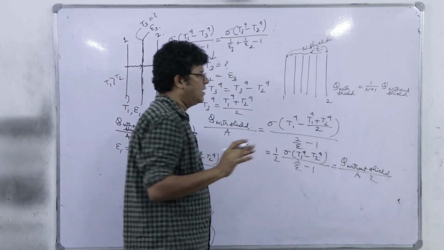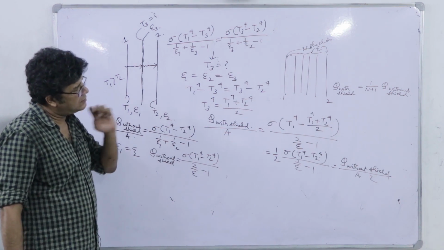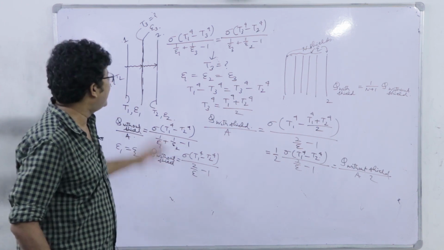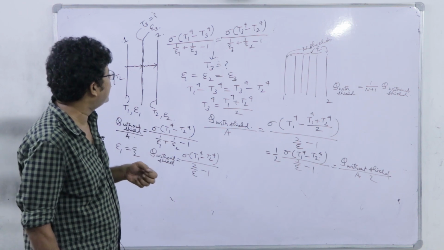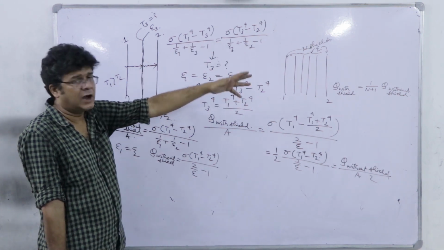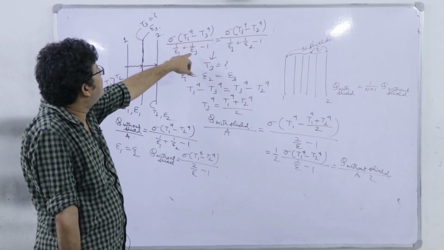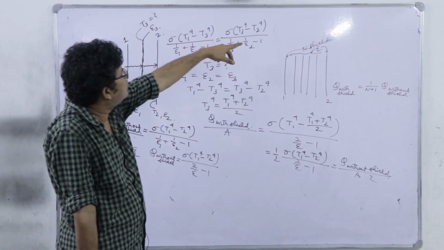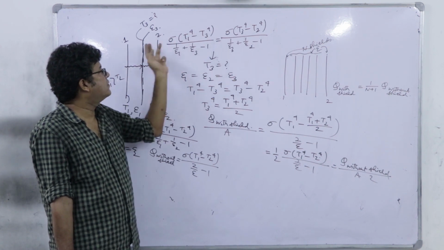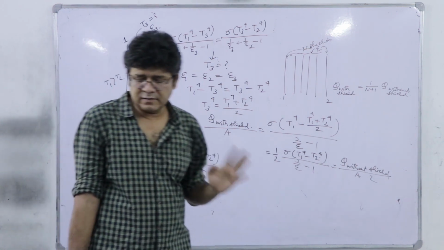So that's more a kind of theoretical calculation, because we never use a shield with the same epsilon value as that of the two surfaces. This is the rarest of the possible cases. So truly we have to find out by this, and this involves a complex expression. It will not give you a fraction like half. If you know the numerical values of epsilon 1, 2 and 3, and T1 and T2, you can solve for T3, and substitute it back in this expression. That will be the heat loss, because this heat transfer and this heat transfer remain the same. So that's all about radiation.